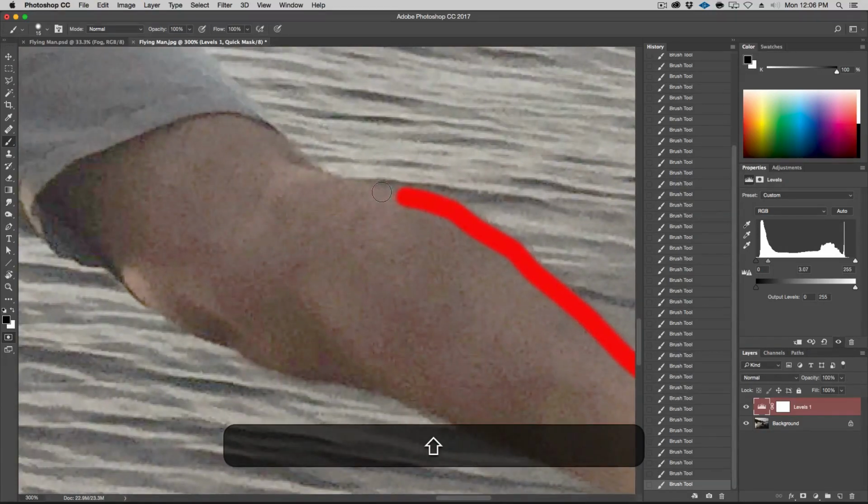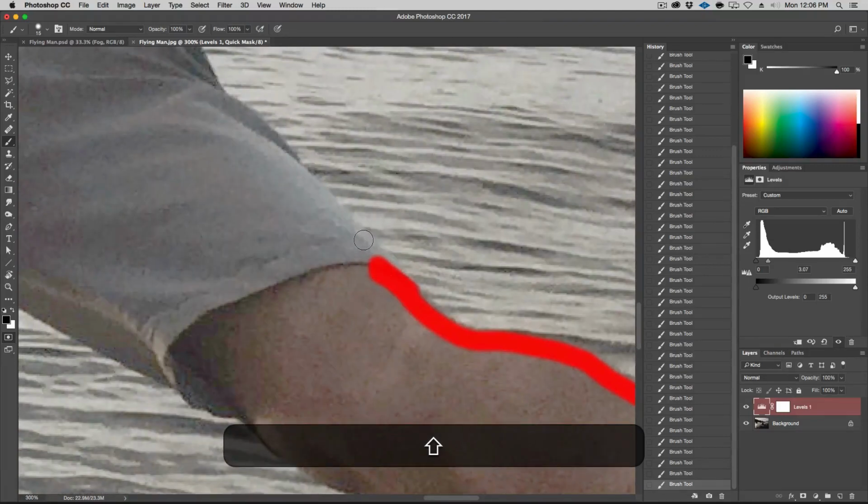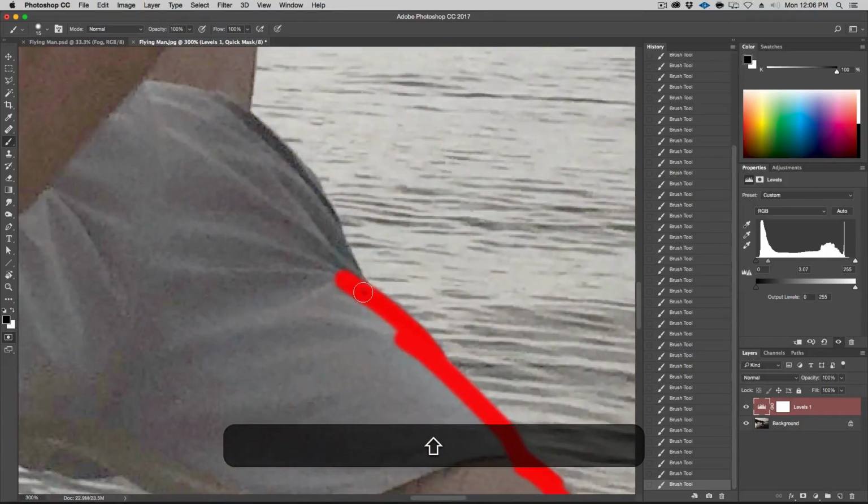This method of extracting is definitely my primary method of selecting things, because it's manual, so I'm not leaving anything up to some magic wand or, you know, a channel selector or color selection and stuff like that. So this is really nice. All right, so I'm just going to go ahead and do this around the entire selection except for the hair. I'll leave the hair out and add that later.